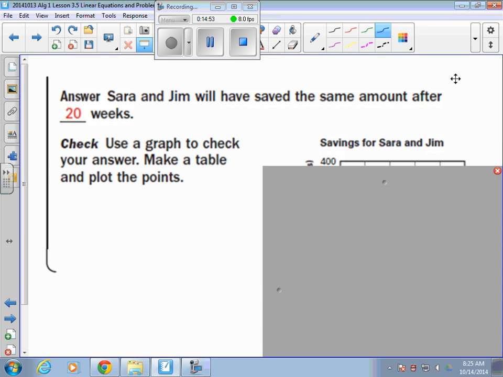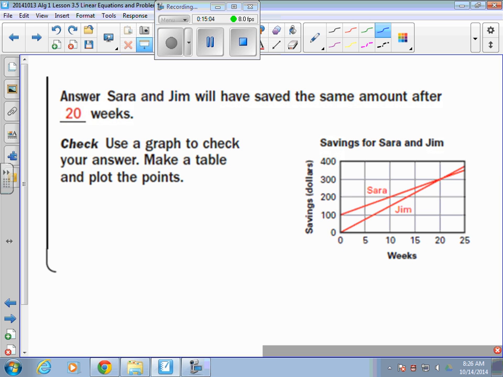So it says answer: Sarah and Jim will have the same amount each after 20 weeks. It says check. Use a graph to check your answer. Okay, so when we graph this right here, you could plug it into the equation that you have. We know that Sarah is 100 plus 10x. When you do Jim, it is just 15x. So when you just do it for each one of those, the amount of weeks, if Sarah's is blue and Jim's is red, even though they're both red on my screen right here,